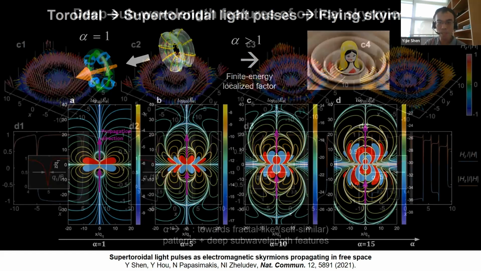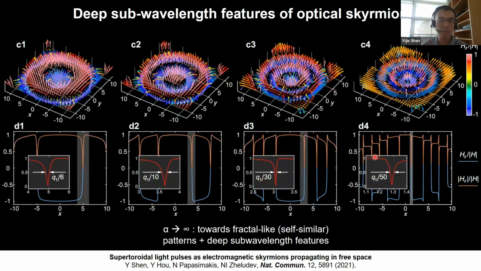And we observe the skyrmion again, or we can control the radial reversal orders, from skyrmion to bi-skyrmion to tertiary skyrmion, with the increasing of alpha. And more interestingly, the spin reversal occurs in a very tiny region, at deep